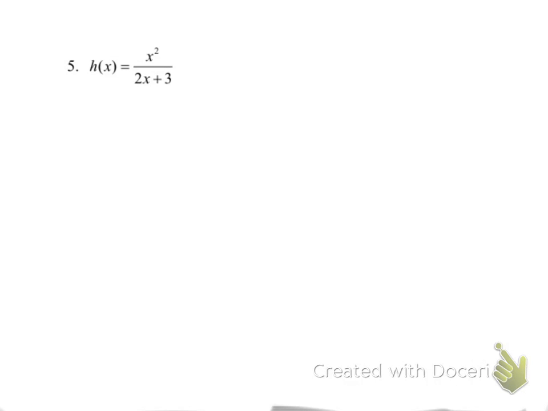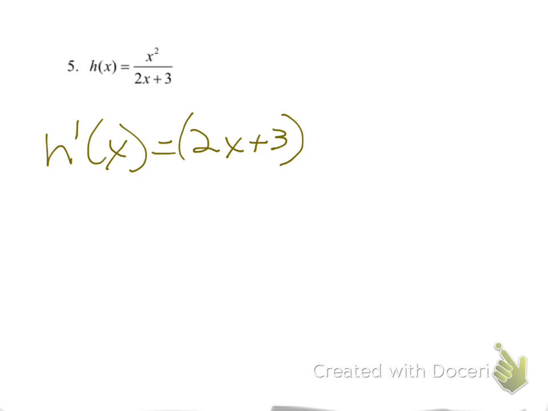Here is our first quotient rule problem in a while. So let's set this up, remembering that to do the quotient rule, you're going to say low d high minus high d low all over low squared. Okay, so in that case, h prime of x equals low,